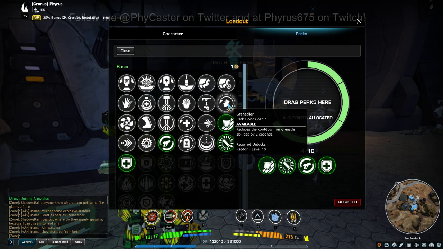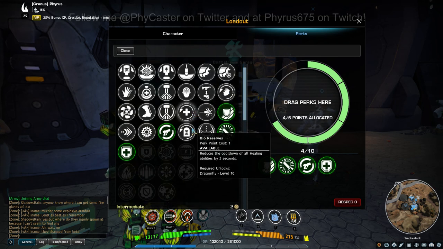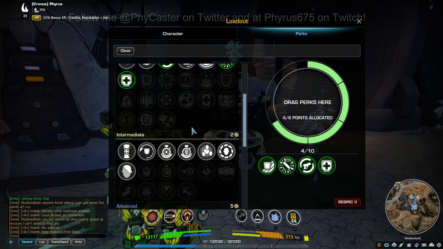Grenadier, if you really enjoy using your gravity grenade, you could pick up this. I wouldn't suggest it. The best class for Grenadier is obviously a recon that has 3 or 4 different types of grenades at their disposal. So that's it for basics. Going down to intermediate,